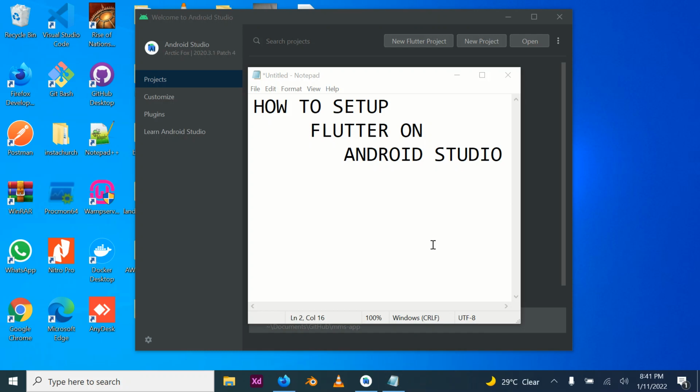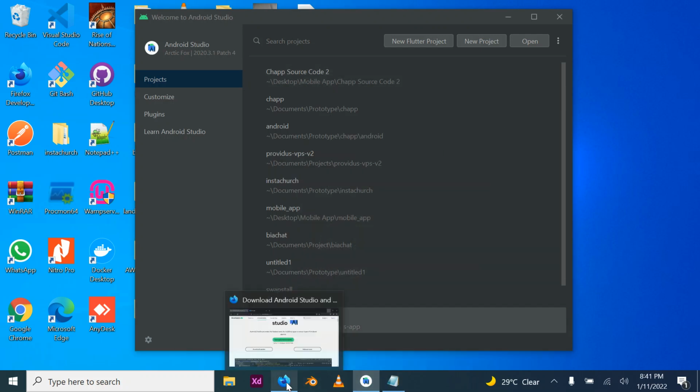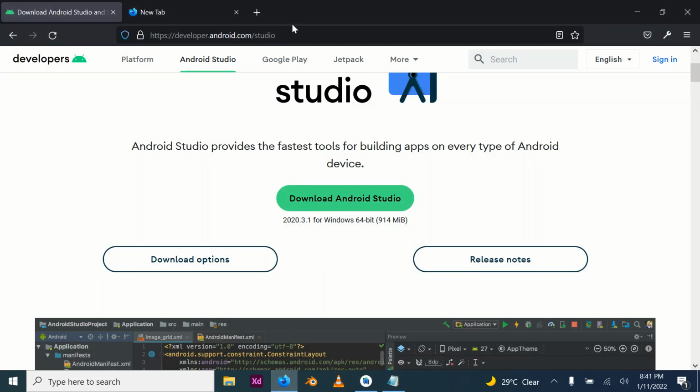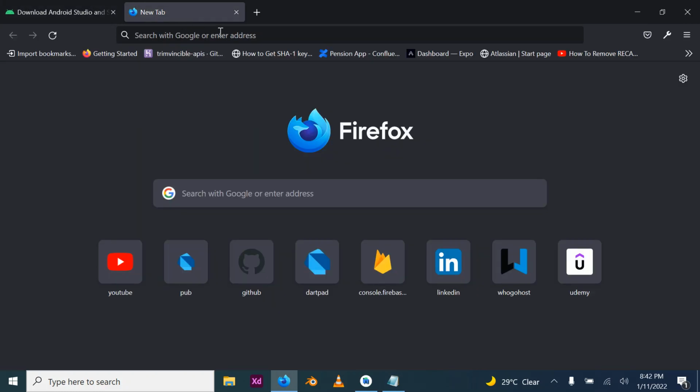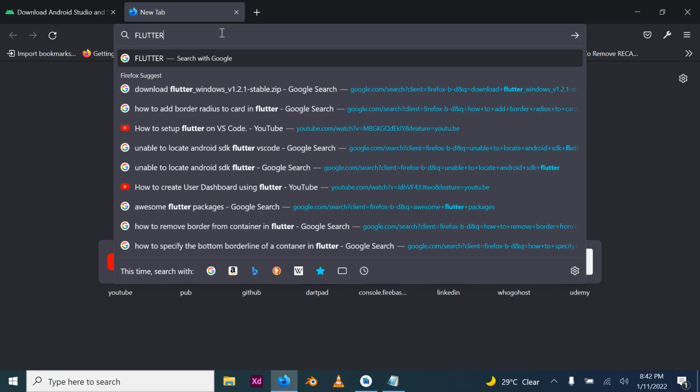My name is Chidiebere. Today we are going to look at how to set up Flutter on Android Studio. So, if you don't have Android Studio downloaded yet, go to developer.androidstudio.com. It will auto detect your operating system and give you the download option which you are to get. And once you've downloaded it, go ahead and install Android Studio, and then you can also go ahead and